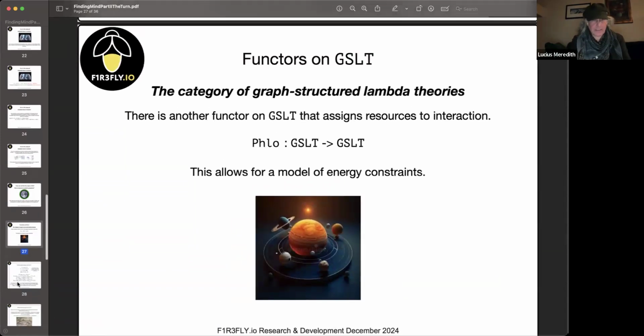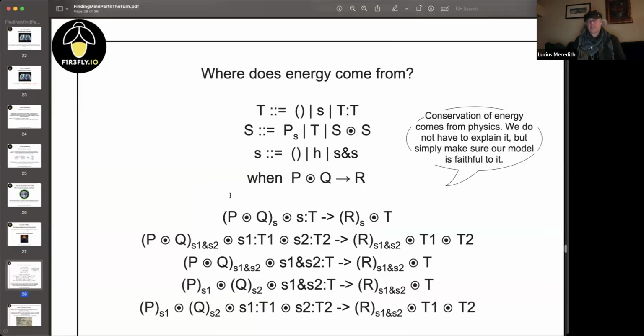So let me say what those calculations are. Remember this idea of conserving energy and being energy bound comes to us from physics. We don't have to explain that; the physicists have to explain that. We're just trying to say, if we had physics, how do we get life? So I don't have to go to the bedrock of why there is energy. I just have to say, here's a model of energy. So it turns out that we can model